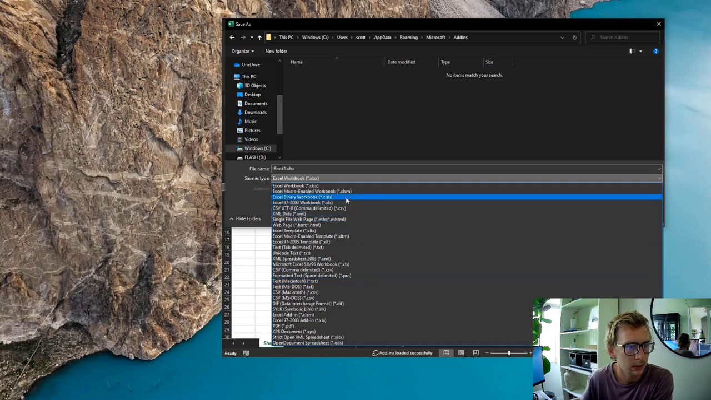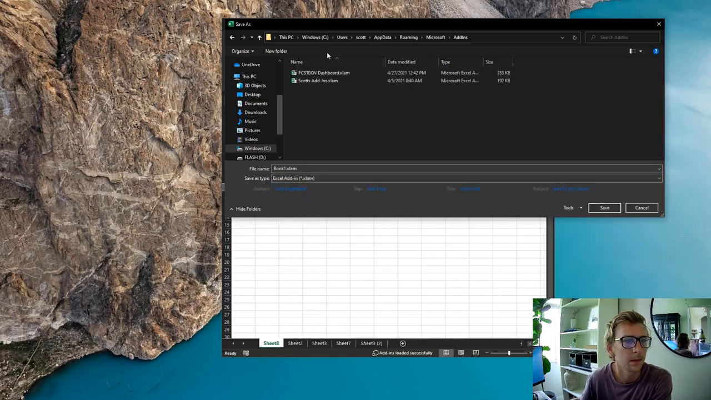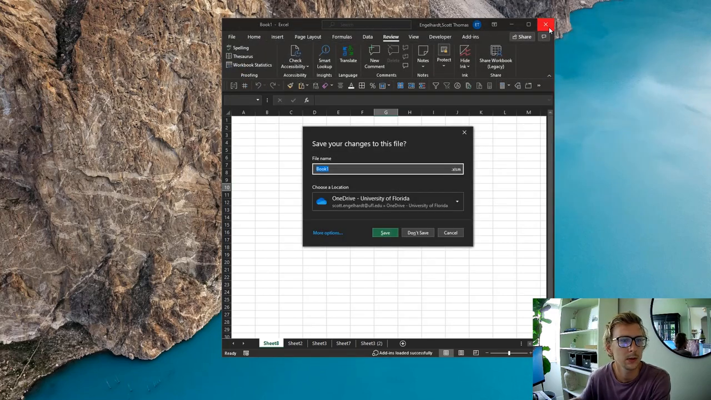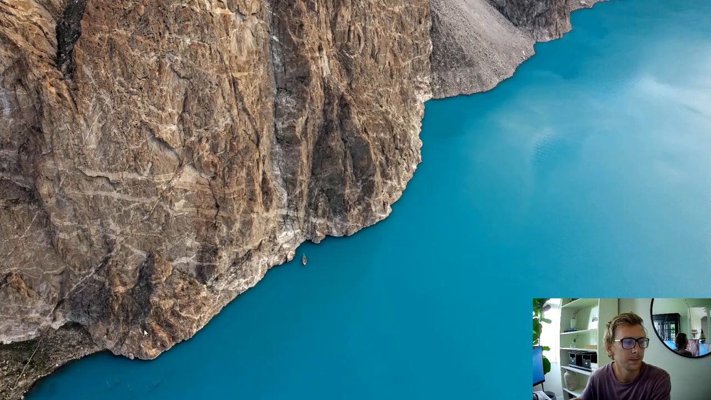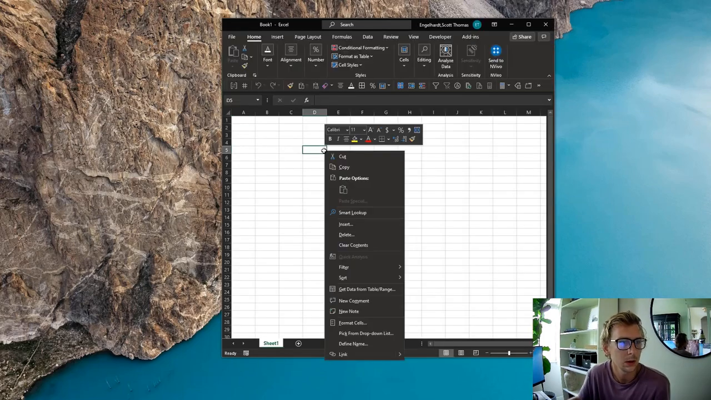right around somewhere. Excel. There it is, all the way at the bottom. So you can see I have two add-ins here. We can call this Dojo. And so now that we have that add-in saved, if we were to close this, and now if we go ahead and open up a new Excel document here,